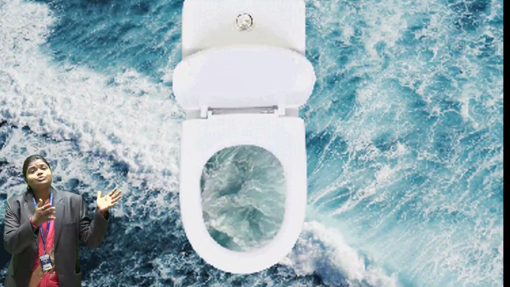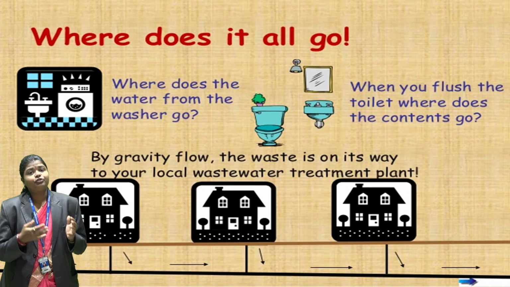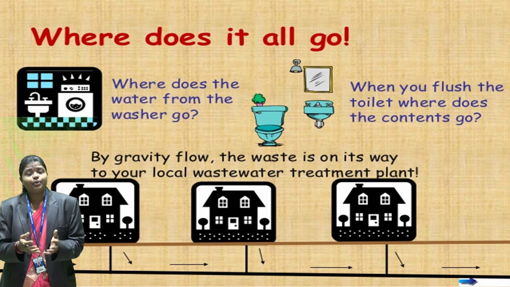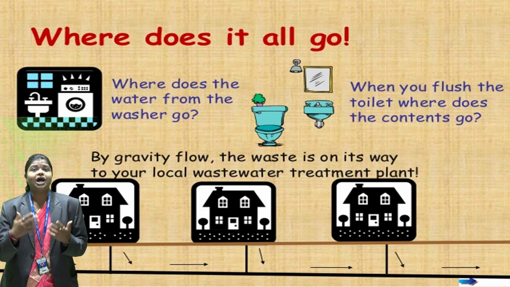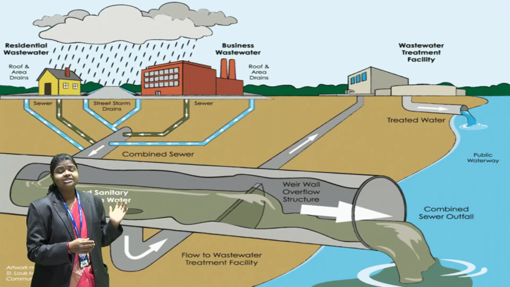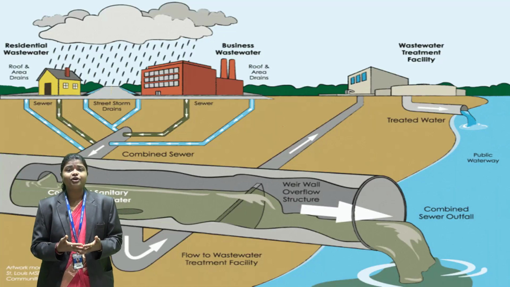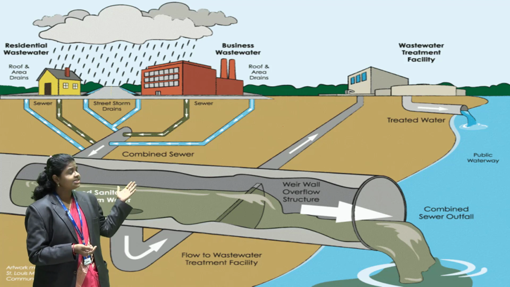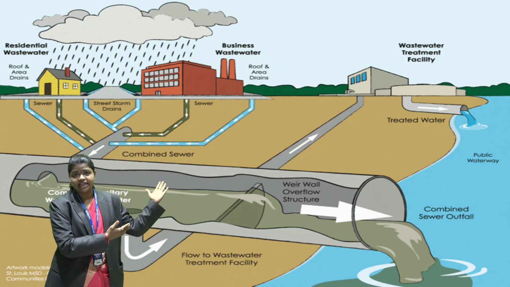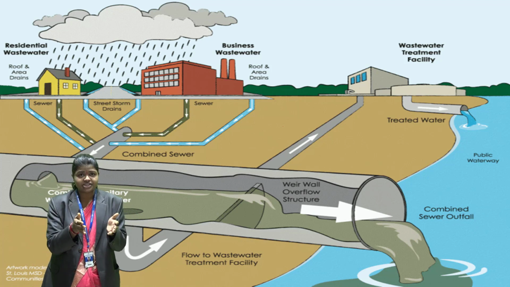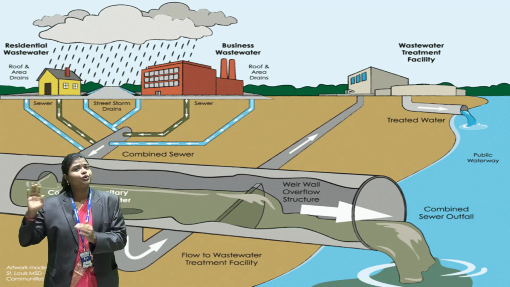From where is this wastewater generated? The wastewater is generated from our domestic sources, from our households, from the commercial area, from the industrial area. The sources of wastewater are domestic, institutional, commercial and industrial. These are some pictures. This is a sewer line by which we can convey the collected waste, or the total quantity of waste, from our generation site to our treatment plant.